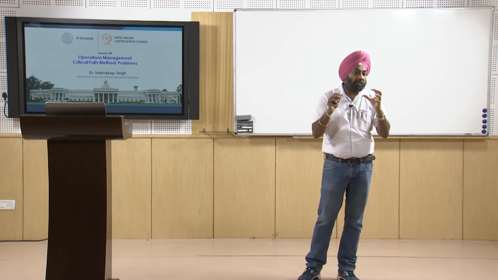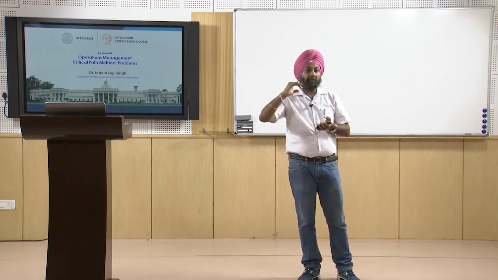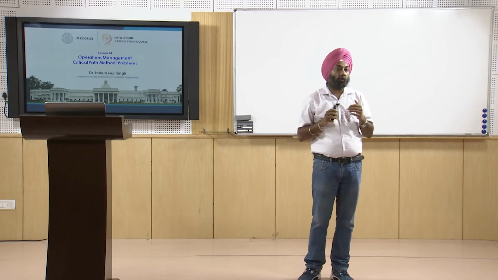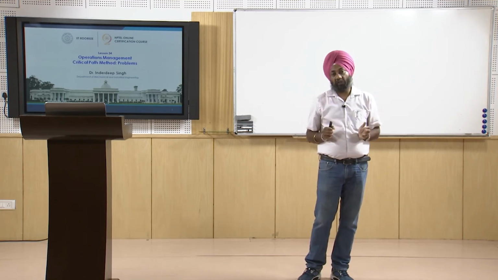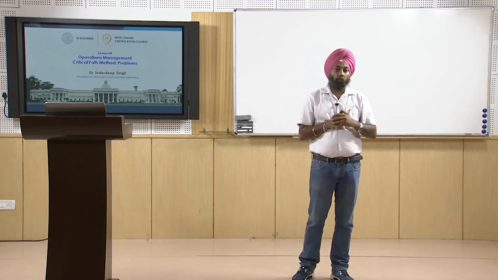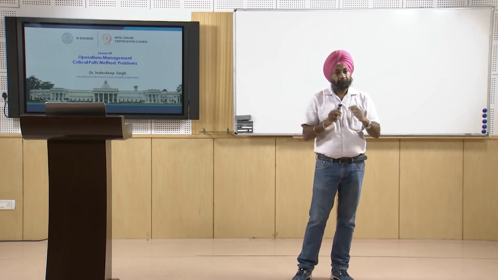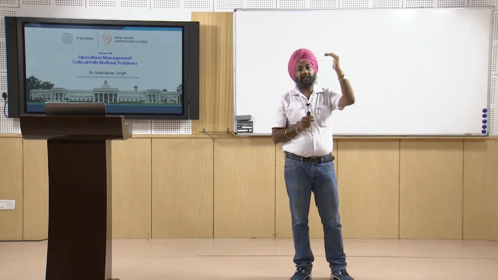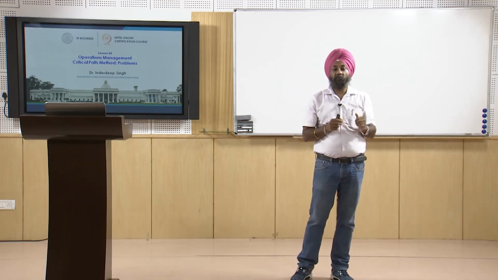So basically our target is that once we draw the network, our main objective is to see what are the different paths that we have to follow in order to complete the project. The project may be having 10 activities. We have to represent these 10 activities based on the precedence relationship which is already known to us. So we have information regarding the various activities, their description. We name the activities like A, B, C, D, E, F, G, H, or we can name the activities